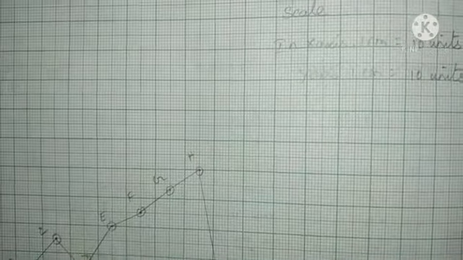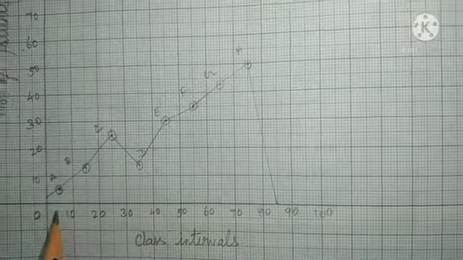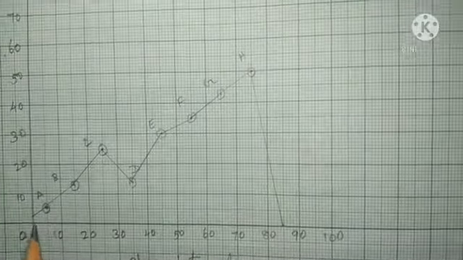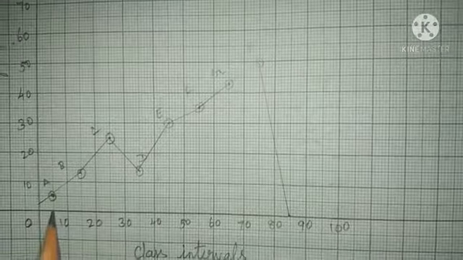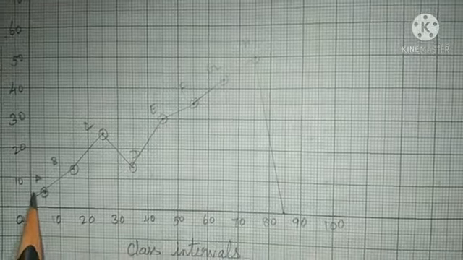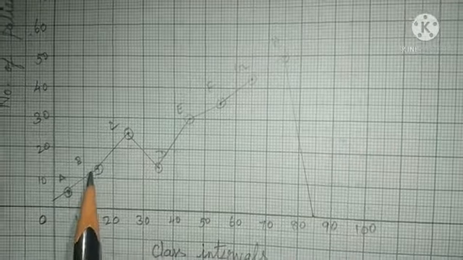After writing the scales, now we are going to plot the points. First point is A (5, 5). That is 0 to 10, therefore the 5 comes in between 0 to 10, that is the middle line of 0 to 10. Here also 5 comes in between 0 to 10, that is also the middle line. With these two lines, that point A is marked. This is (5, 5). And mark the second point, 15. 15 comes between 10 to 20, that is the middle of 10 to 20. This middle line is 15 and the frequency is given as 13.